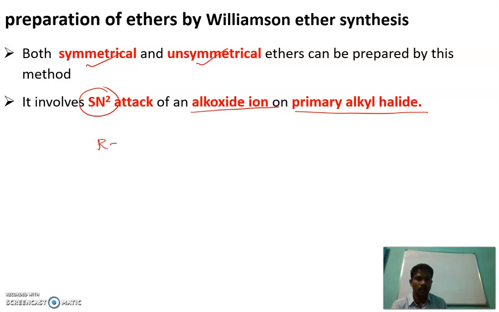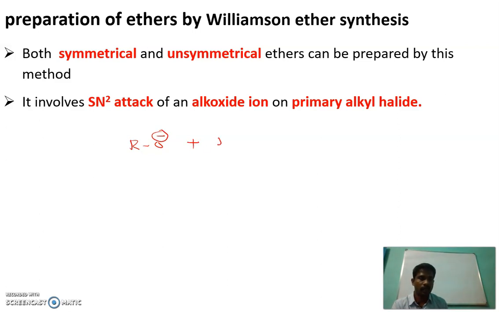This is the alkoxide, RO minus is an alkoxide, RX is an alkyl halide. For this reaction to happen, the alkyl halide should be primary. You can check one more time. Alkoxide, RO minus, alkyl halide represented as RX. For Williamson reaction to take place, the alkyl halide should be primary because Williamson ether synthesis proceeds by SN2 mechanism. We know that in SN2 reactions, the sterically less crowded substrates will readily go for SN2 reactions.